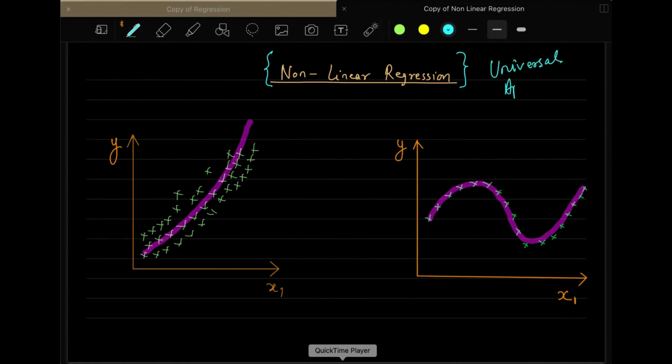This theorem says that if you give a neural network any variation in the data set, it will fit it, and it does it by finding the features automatically itself,